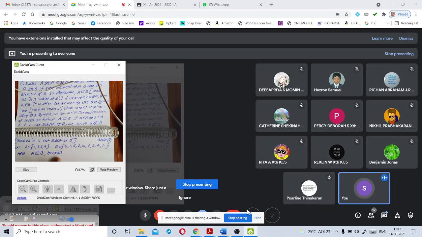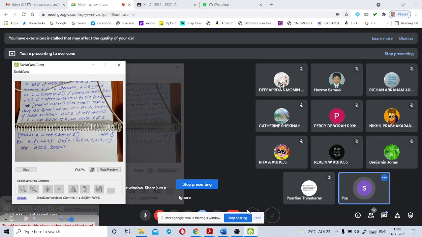If I ask you why the given set is a subset of the second set, because every element here, there are more elements than the elements of A. Yes or no? So every element of set A is also